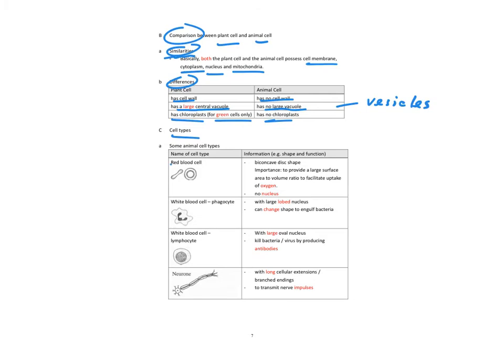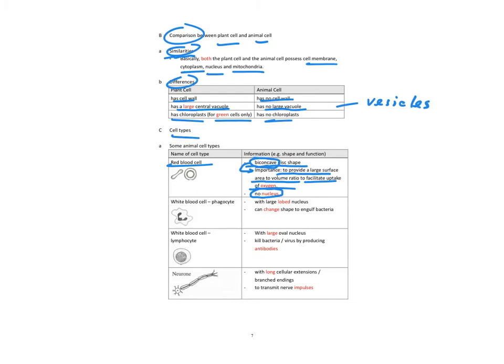The red blood cell. There is some information. Number one, it has no nucleus, as I have just talked about. It has the importance. It is biconcave in shape. This biconcave shape has the importance to provide a large surface area to volume ratio, so as to facilitate the uptake of oxygen. A large surface area to volume ratio